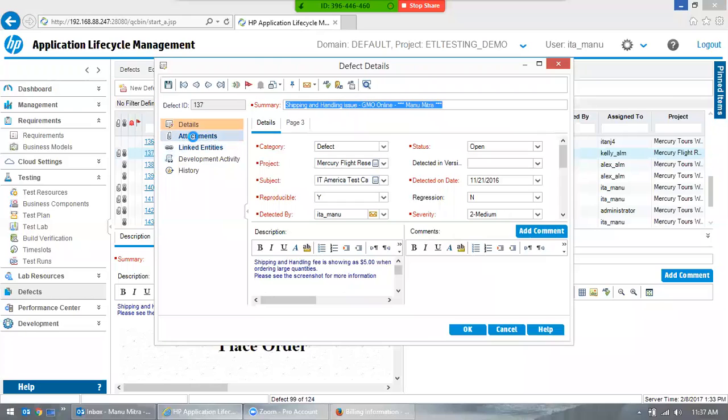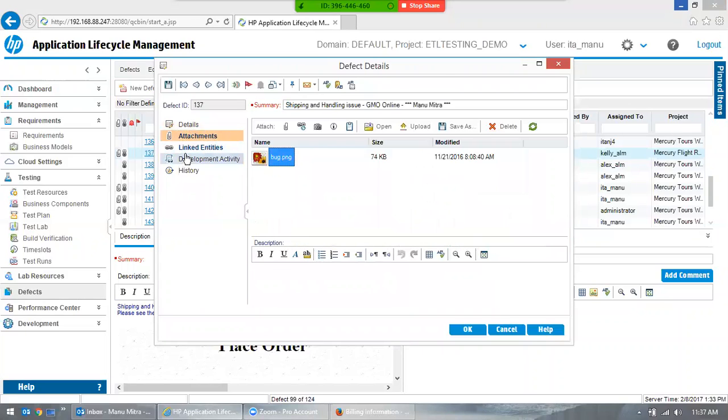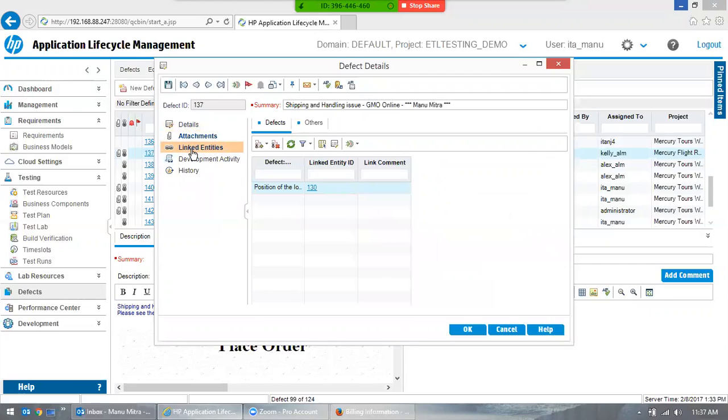Okay, you have attachment. As I told you, you can put an attachment here. Linked entities. There are. Okay, let's talk about this. So here, what you want to do here is,